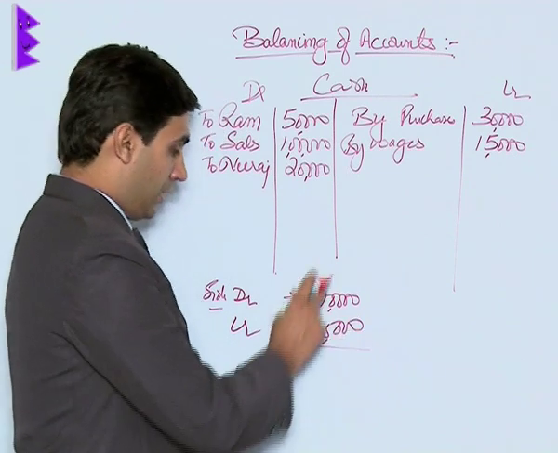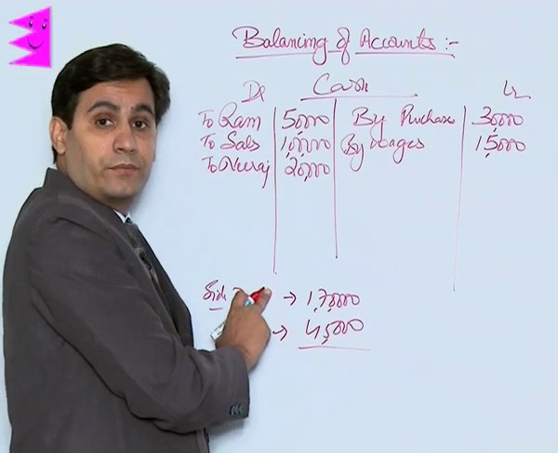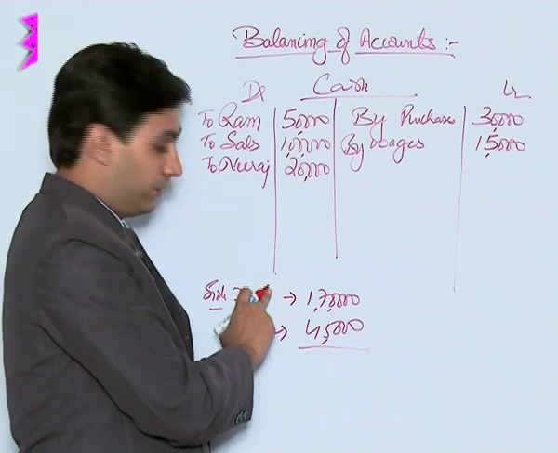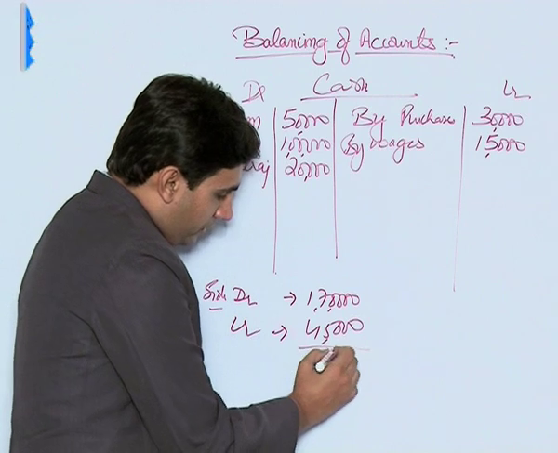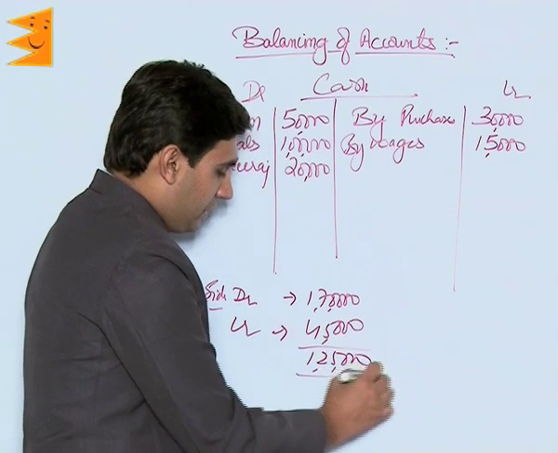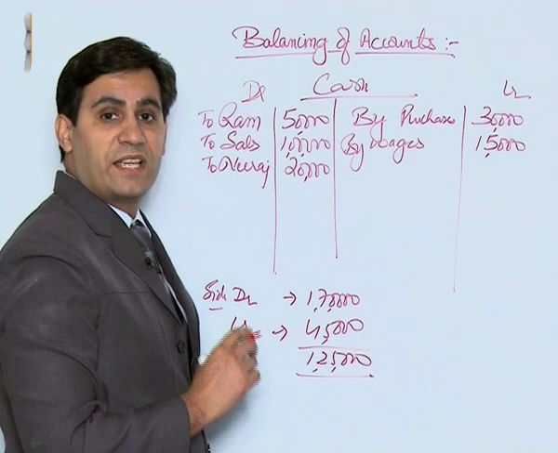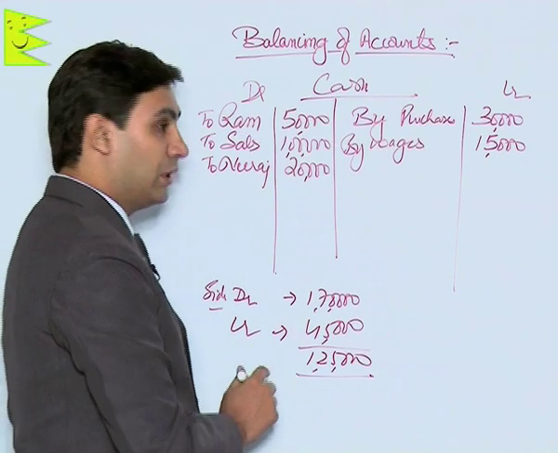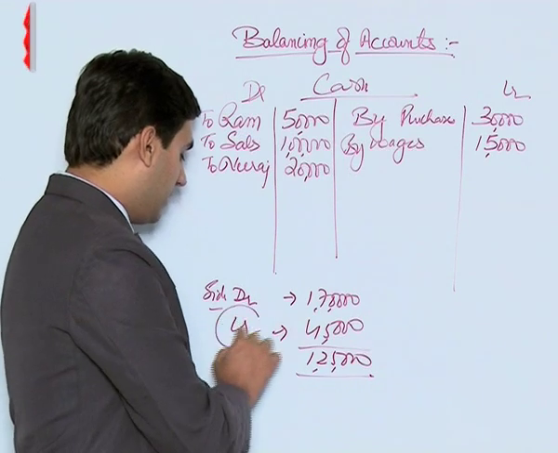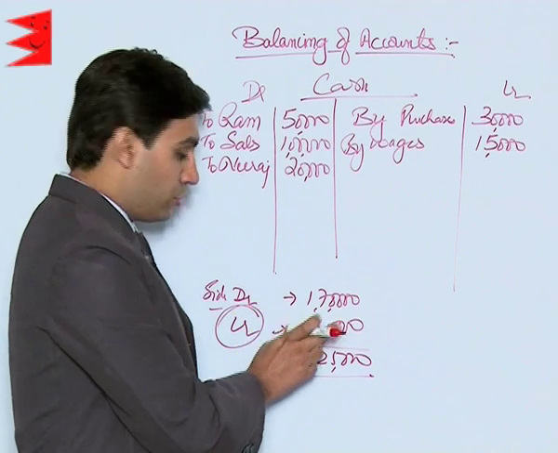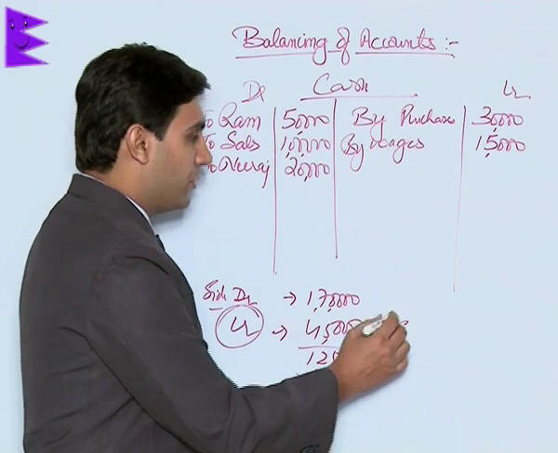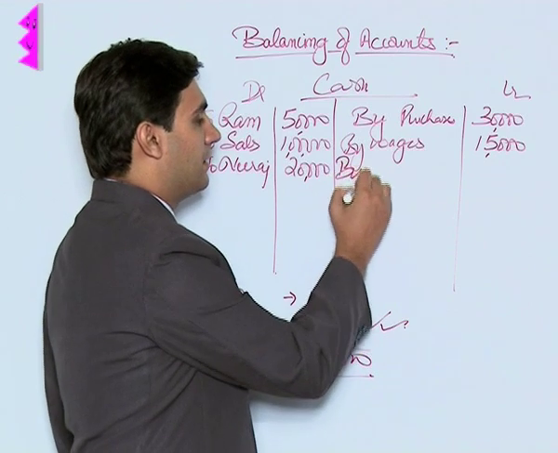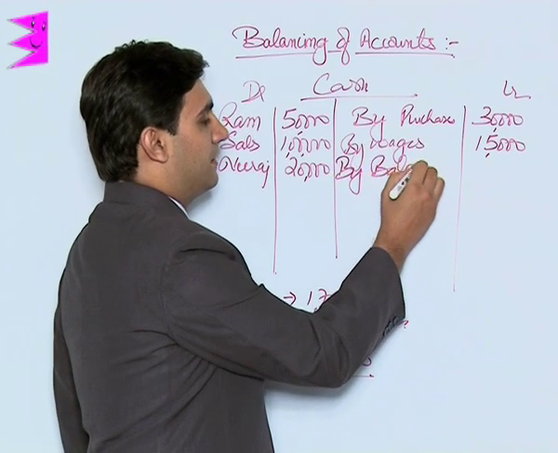Now students, the debit side is greater. The debit side is greater. And the difference in the amounts is 1,25,000. Since the debit side is greater and the credit side is smaller, we all know the balance is shown on the smaller side. So on this side, the balance would be shown on the credit side and written as by balance